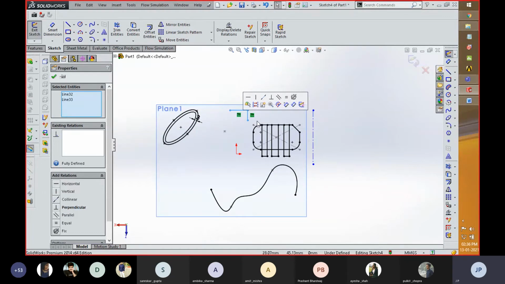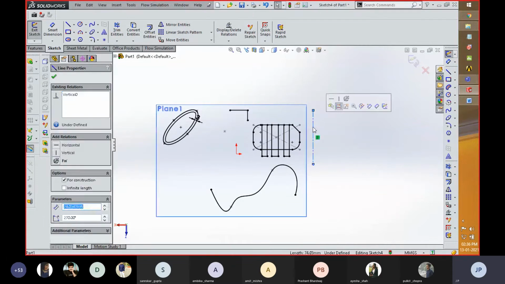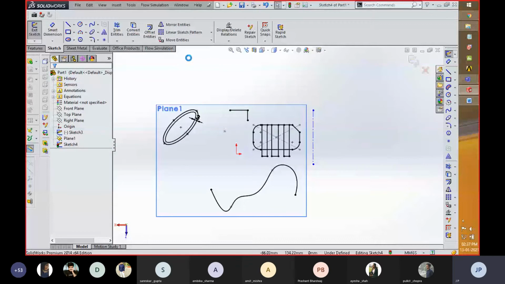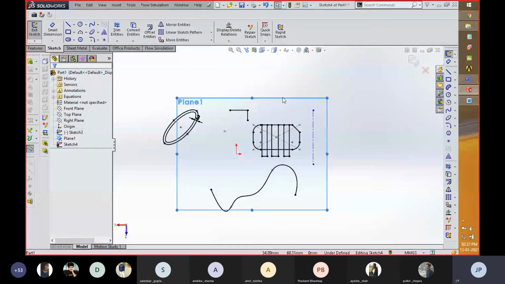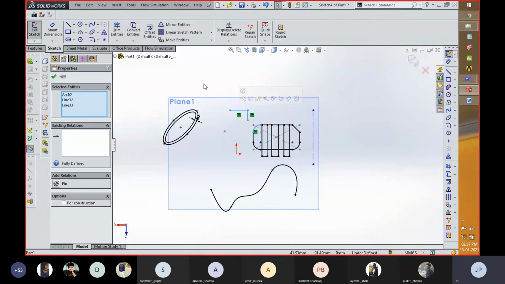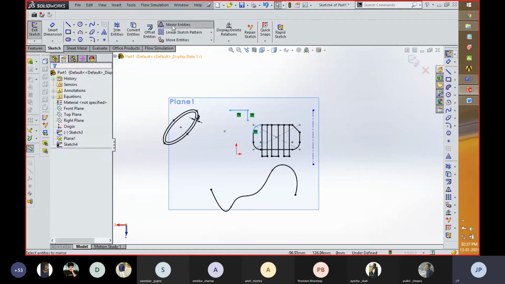You can use both ways. For creating the mirror, you need to tell around which axis this component is going to be mirrored. Sorry, I actually moved the plane. I have to select this line and then click on Mirror Entities.